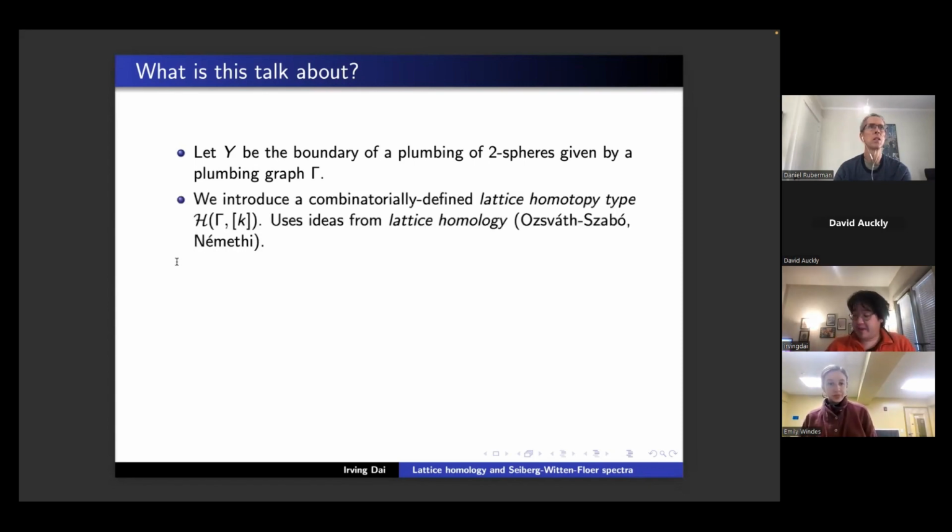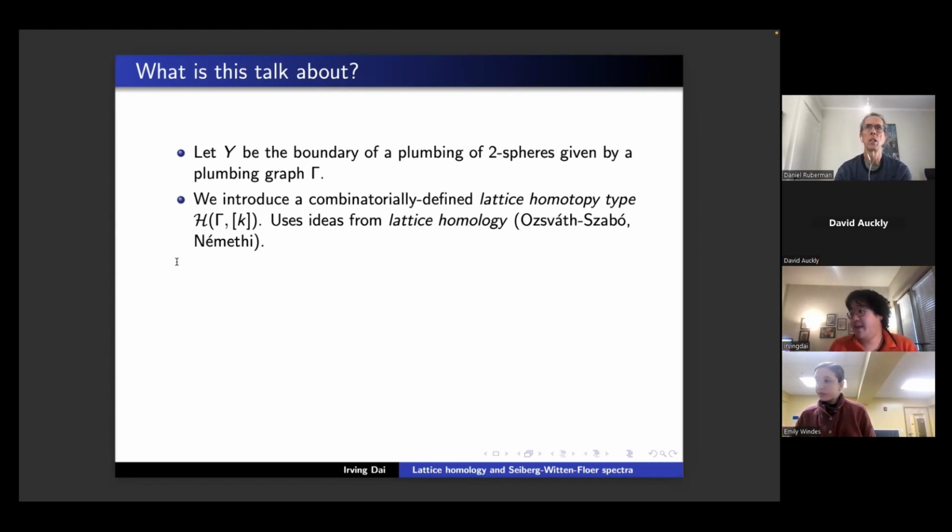If I have a plumbing of two spheres, then the combinatorics of the plumbing are included in what's called a plumbing graph, which I will denote by gamma. And given a plumbing graph gamma, it turns out, and this will actually be a significant part of the introduction of the talk,